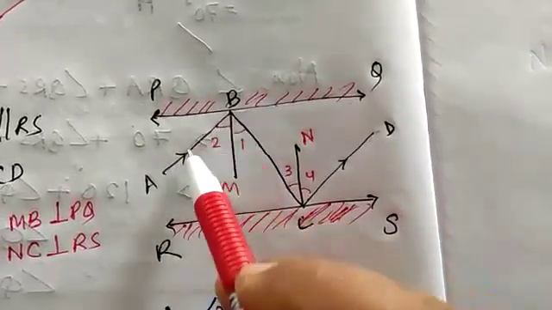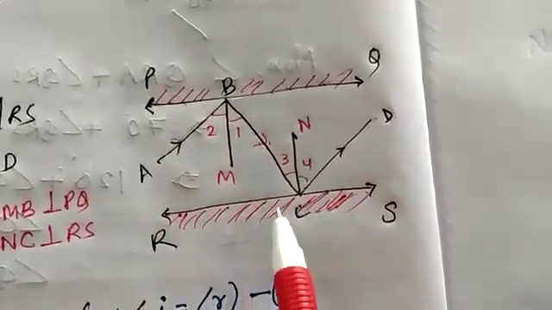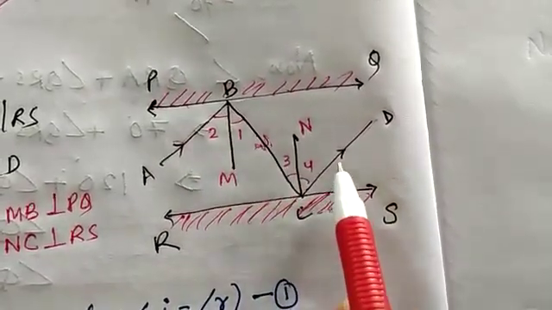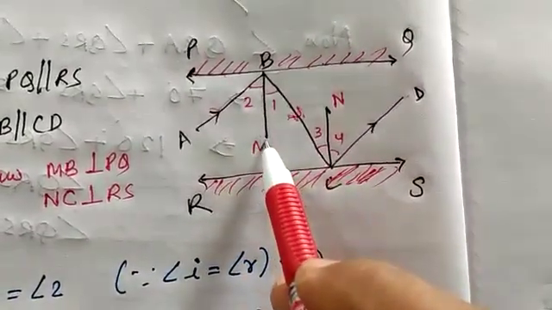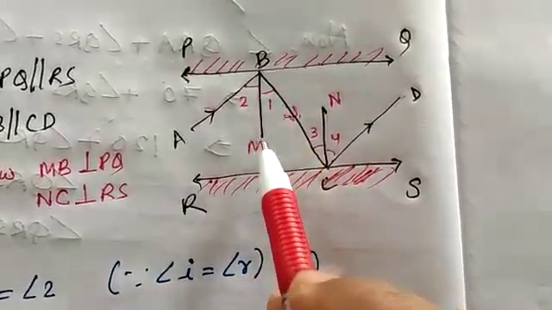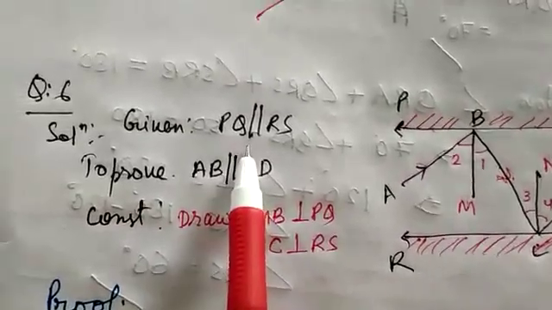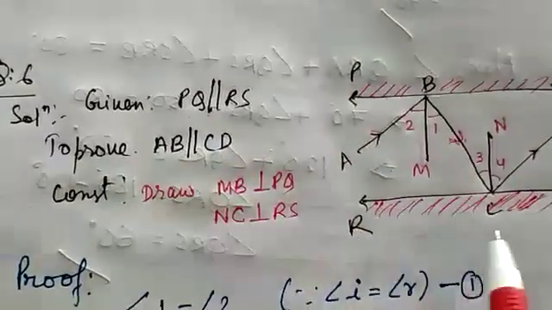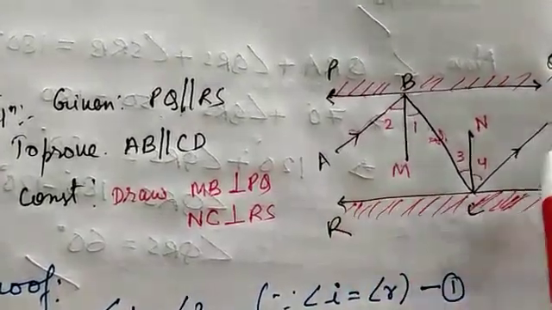So this ray is called the incident ray. This is the reflected ray for this mirror, and for this mirror, this is the incident ray, and this became the reflected ray. So I have drawn one perpendicular. In science we call it the normal. Here also it is the normal. I have drawn both perpendiculars. So these two are given: PQ is parallel to RS,